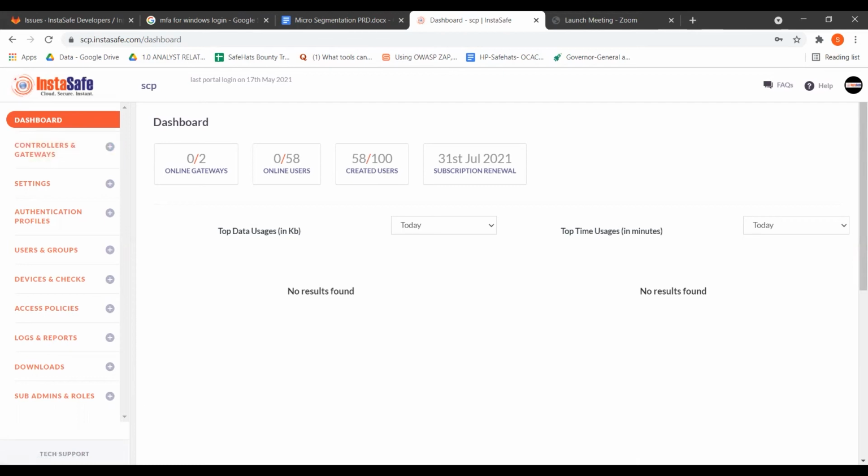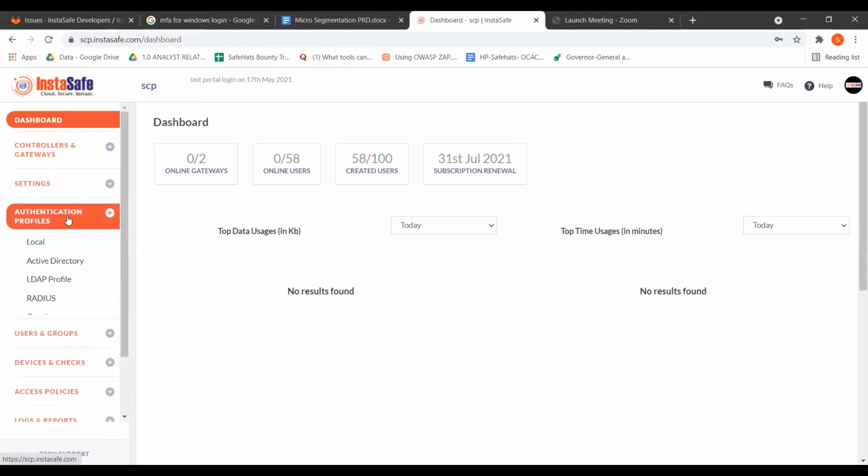Now, the sections of this dashboard: the first section is the controller and gateway. The controller will be responsible for controlling the access between the user and the application. Applications can be launched, and there are also different authentication profiles. From authentication profiles, different users can be provisioned via different means. Let's say local users can be created, or users can be added via Active Directory, via the company LDAP, or via Google as an authentication profile.